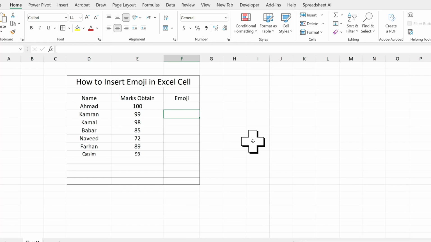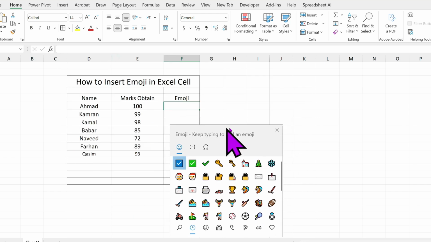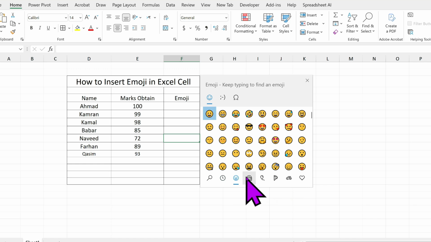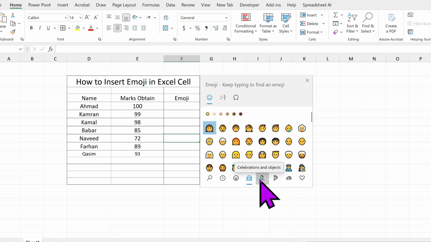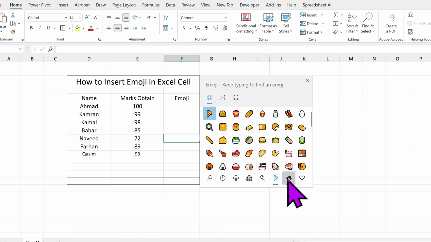In this video, I will guide you how to insert emoji in an Excel cell. Click in the desired cell first and then press the Windows key and semicolon key. The emoji panel will appear. Once the panel opens, you can browse categories or search for specific emoji, then simply click it to insert it